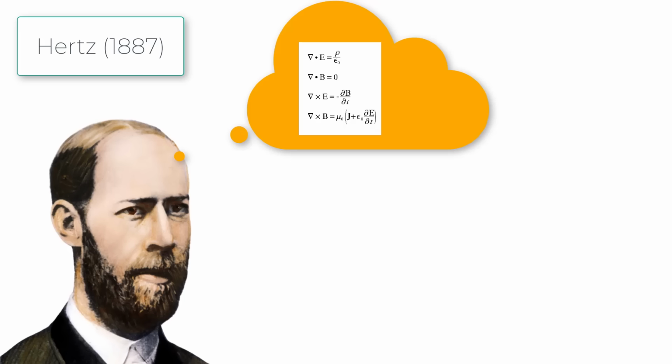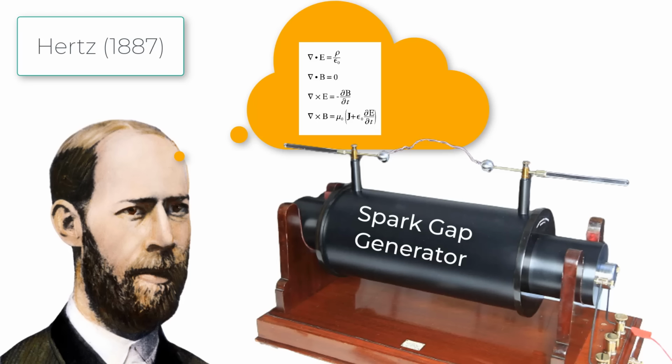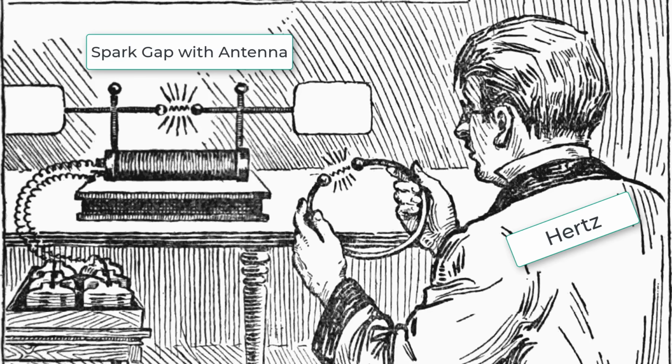For example, in September of 1887, a young German scientist named Heinrich Hertz experimentally validated Maxwell's view of light when Hertz realized that something called a spark gap generator would produce bursts of vibrating electricity that vibrated far slower than visible light. Now, Hertz felt that even though it wasn't vibrating fast enough to be seen, it should still make an electromagnetic wave, a light wave, just an invisible one. Therefore, Hertz added an antenna to the generator and caught the spark in a receiver a distance away and determined that these electromagnetic waves did move at the speed of light.